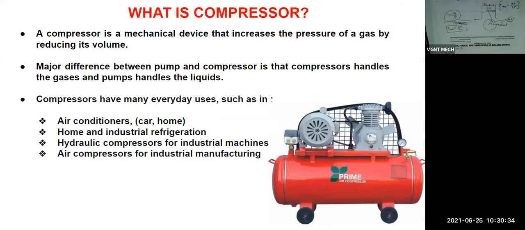So this is the compressor. This is the cylinder where we are going to compress the air, and this is the motor. With the help of a belt arrangement, this motor is connected with the crankshaft of the engine. When we have to start the engine, we have to rotate this motor, and when this motor rotates, it will rotate the crankshaft. Then this piston will move up and down. So input to this cylinder is given with the help of this motor. We are providing input to the crankshaft, and from the crankshaft we are getting brake power. So for a compressor, input power is nothing but brake power.